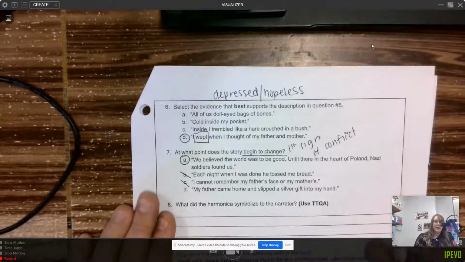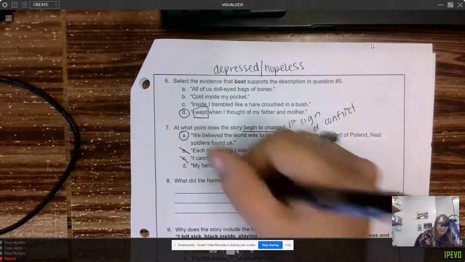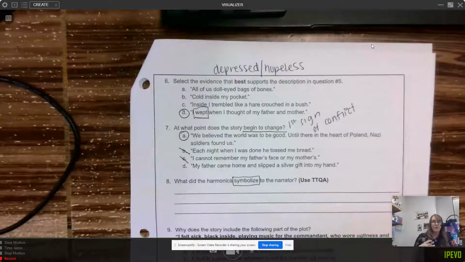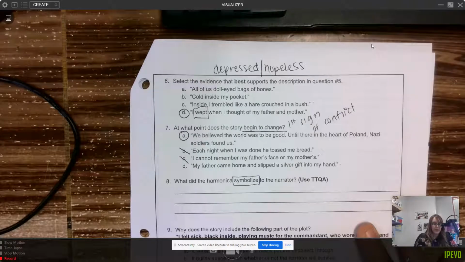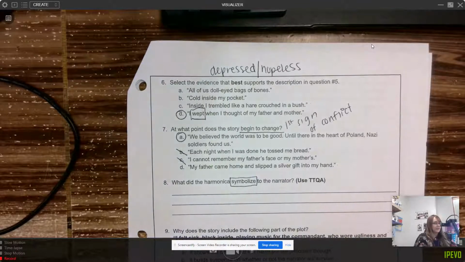Okay. All right. 8. What did the harmonica symbolize to the narrator? So remember, symbolize, Miss Spack did a lesson with you when you read those shoes, and symbolize represents something else, a deeper meaning, right? So what did the harmonica represent to the narrator? Use TTQA. Well, if you think about this, we already kind of talked about it. He plays it when he feels depressed or hopeless, right? So I think that the harmonica represents the love that he had for his family because his dad gave it to him. So whenever he's playing it, he thinks of them, right? And it even states in the text,